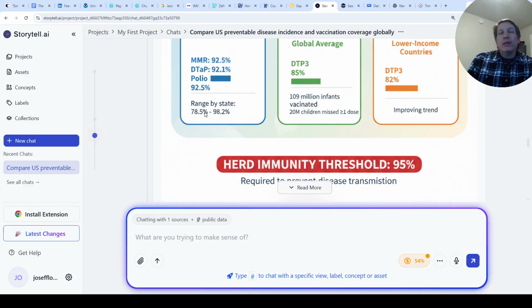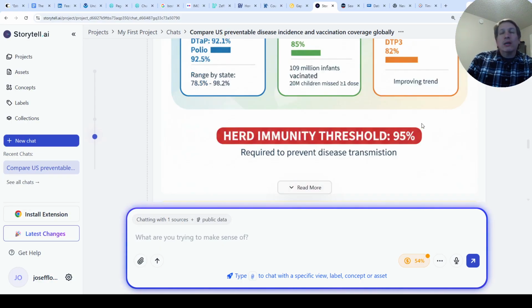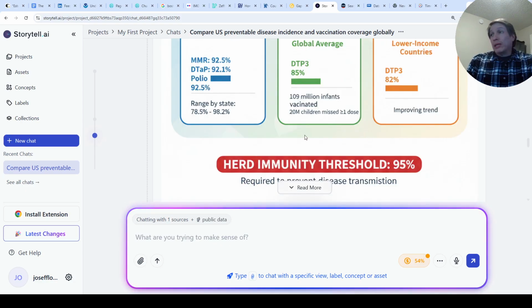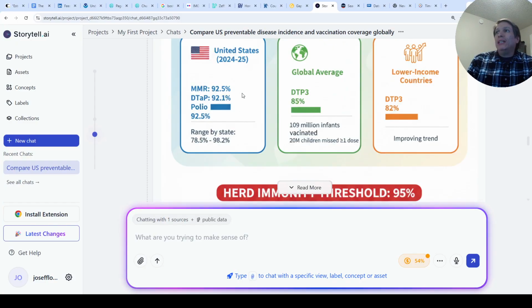Here we have percentages, but here we have absolute numbers, and that is an incongruence, and an improving trend in lower middle income countries. We don't really know how it is supported, but the thing that is highlighted and important is, hey, herd immunity, we need to have 95% of coverage, and none we have in the world. Okay.